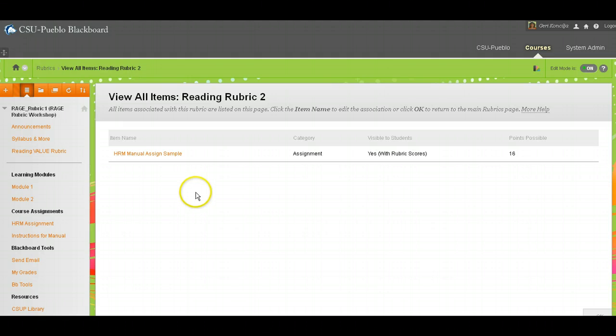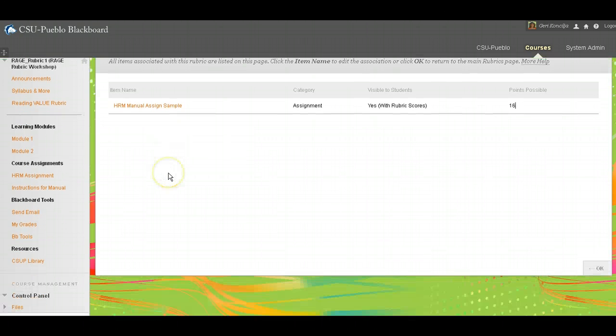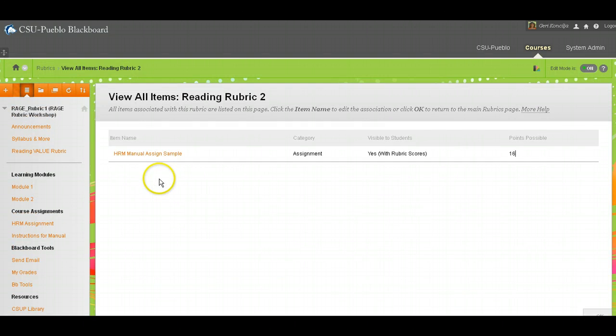Just note, you have to be very careful when you start doing stuff like this. Remember, student grades have already been entered in the gradebook. If you would go in and remove this assignment, you would disconnect the grades from the students, or you would disallow any future students from coming in and submitting to this assignment. So just be really careful with that. Okay, I'm going back to rubrics. I want